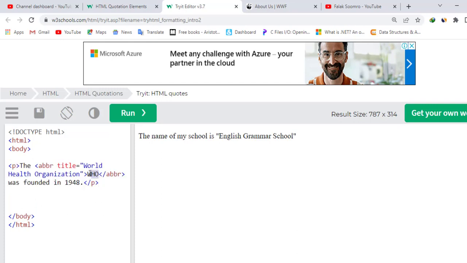In the result we will only see the WHO, which was founded in 1948. I'm showing you here, you can see under the WHO a dotted line. If you move the mouse and stay for some seconds, you will see a tooltip for this WHO. You can see World Health Organization,